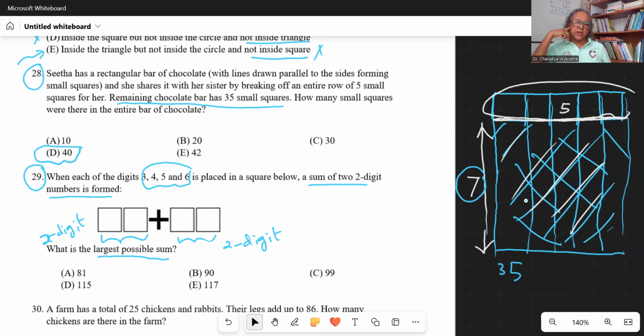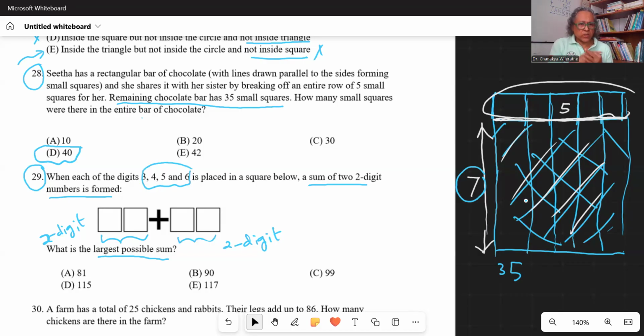So we can write all the possibilities, combinations, whatever, and then find the sum, and then we can put them in ascending order and pick the last one, or put them in descending order and pick the first one. That's the largest one. But without doing that, we can do it because we know that 2-digit numbers,